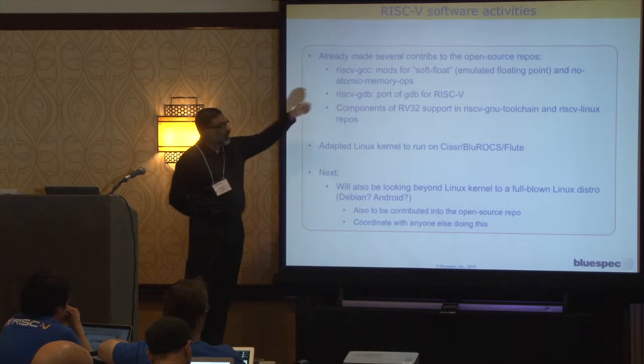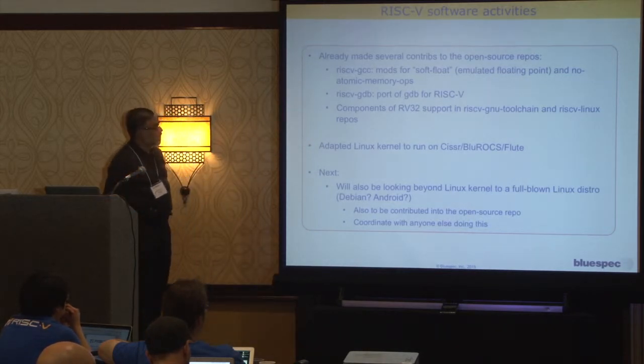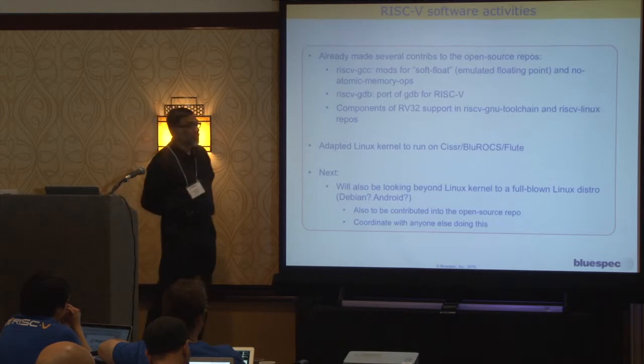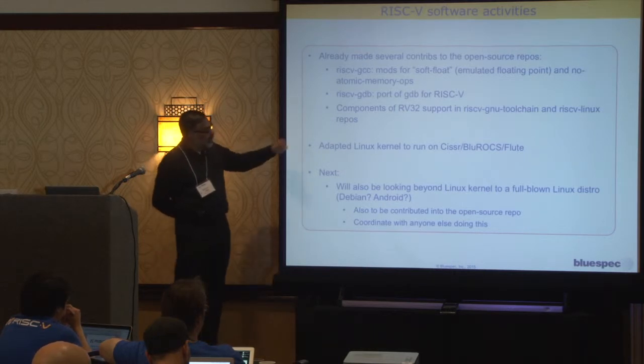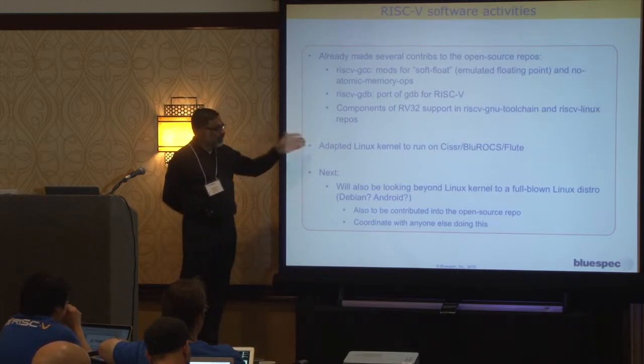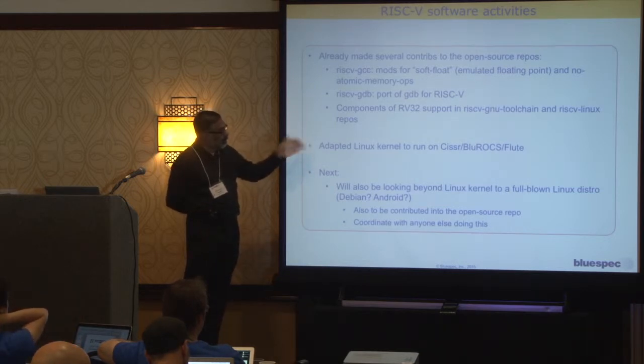And another colleague of ours, Todd Snyder, did the RISC-V GDB port, which is what we're using in the other slides where I showed you GDB. And that's also been put up in the open source repository. We've also adapted whatever needs to be done to get the Linux kernel running on it. The Linux kernel is Berkeley's release, but whatever adaptations are needed to get it to run on our stuff, we've